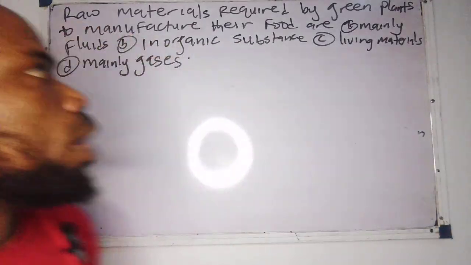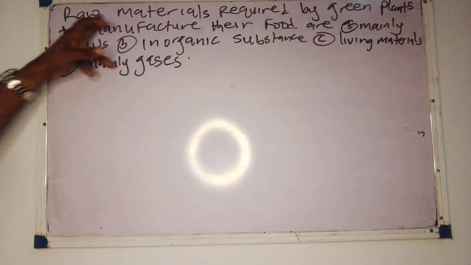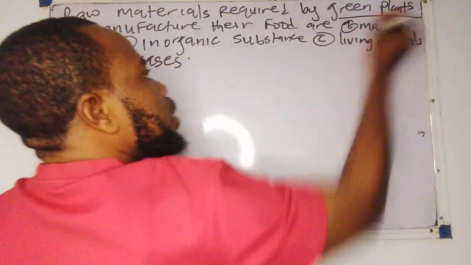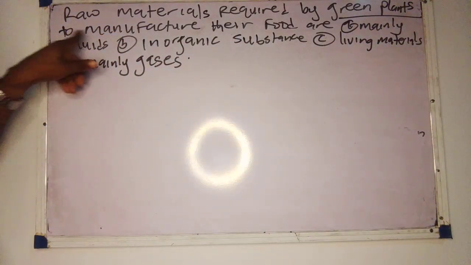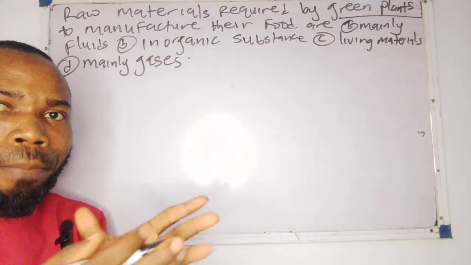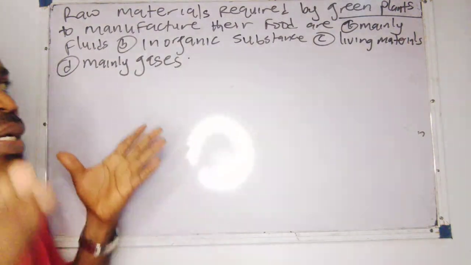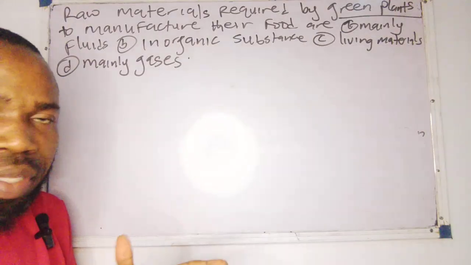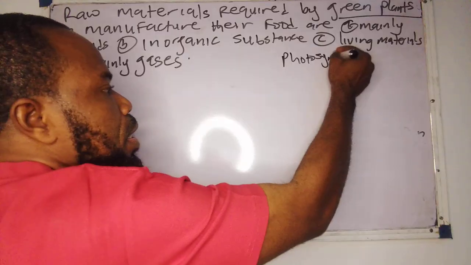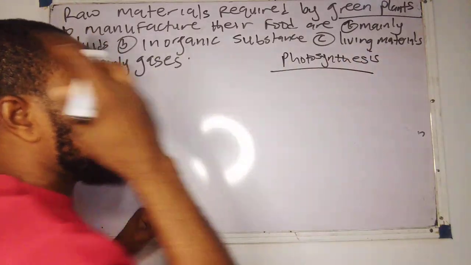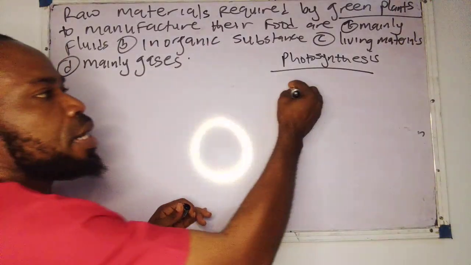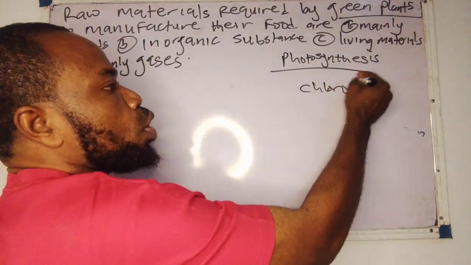Now quickly, look at this question. They said raw materials required by green plants to manufacture their own food are mainly dash. Remember that for plants to manufacture their own food, they do that most of the time via photosynthesis. They made mention of green plants here, that these plants undergo photosynthesis, that is to say they possess